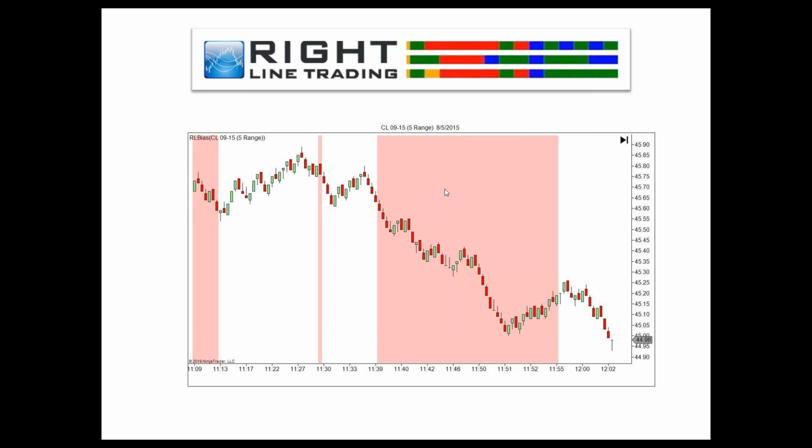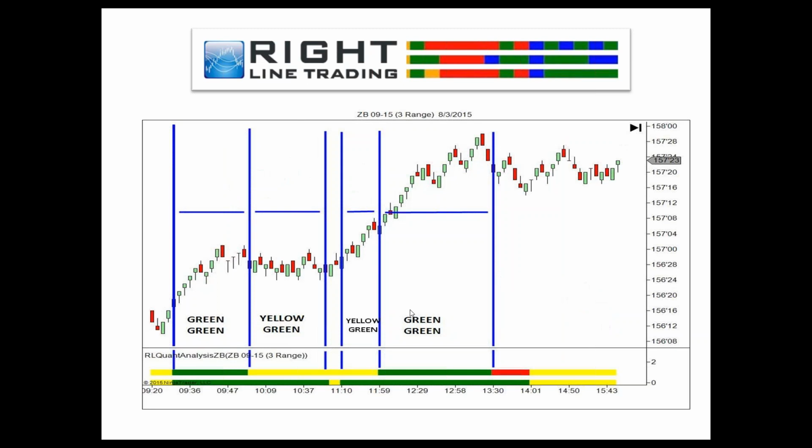Now, the trade configuration, like I said, calls for a very small risk and the potential. You can see the move here. I didn't trace it out or scale it, but this is a huge move to the downside, and we can capture all of it. Now, here is the other indicator that's critical, and we call it our quant analysis indicator.